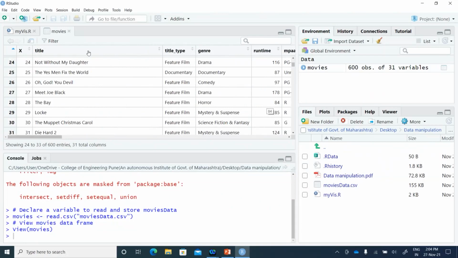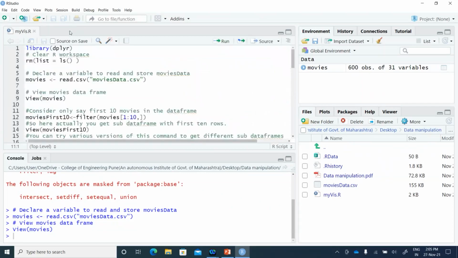Okay, so let me close this data frame. I need to work on this data frame now. As you can see, it is a huge data frame to work on manually. Let me start with our first dplyr function, which is filter. As the name suggests, filter selects the pieces which are based on their value. So let us see how we use this particular function over here.